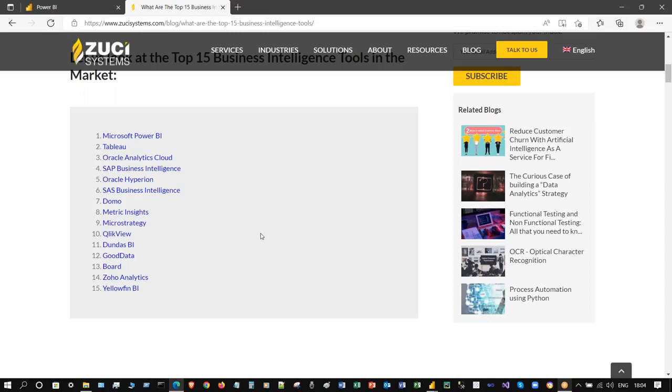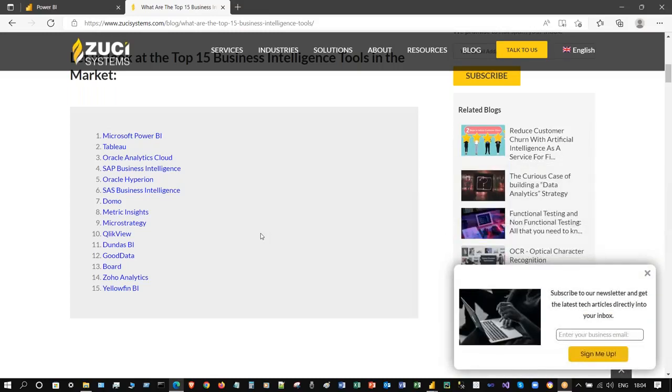And then SAS is again a bigger system. So this is SAS BI. And then you have Domo. MicroStrategy is frequently used. There are a set of companies that completely work on MicroStrategy and they constantly work on that. QlikView,